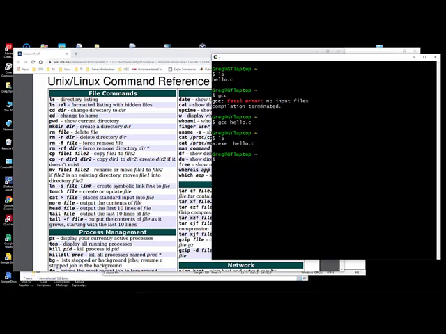So the .exe files, traditionally in a Windows file system, mean that those are executable files. I mean, you can run them. They will do something if you execute them. To execute a file in a bash shell or in a Linux shell is a little different than doing it in Windows. If this was a Windows terminal, you would just simply type a.exe in order to run that. In the Linux environment, you have to precede an executable with a ./, so ./a.exe,